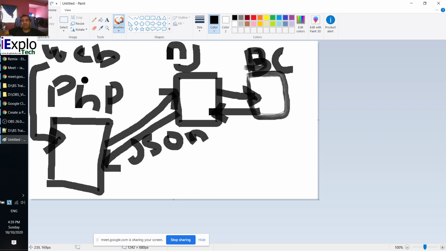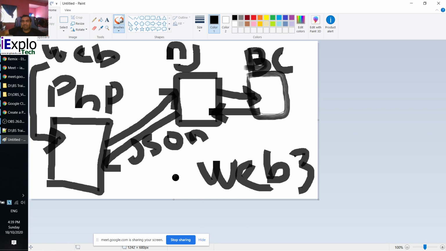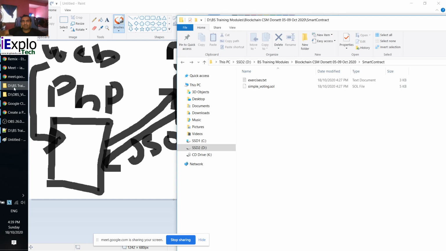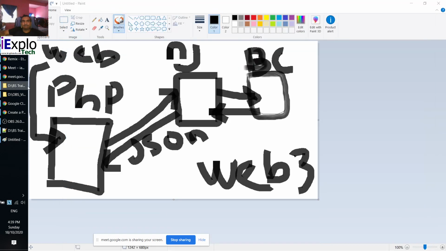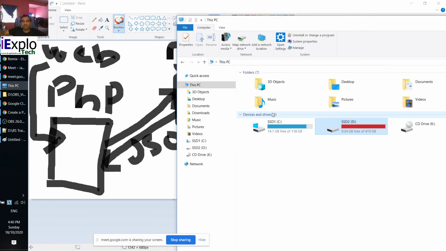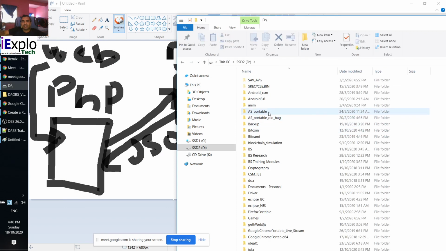That means you need to have a running Web3 interface, something like I'm going to show you guys in this one, in Android. They have Android Web3, Node.js Web3, React.js Web3,